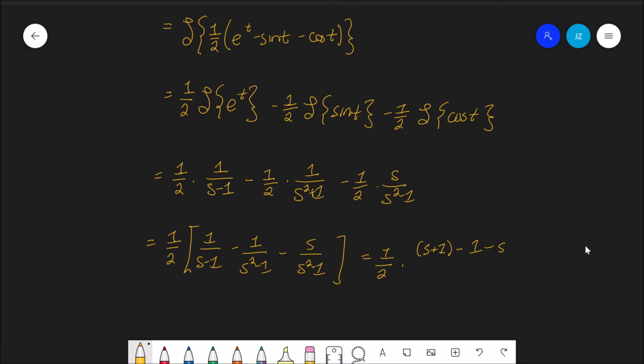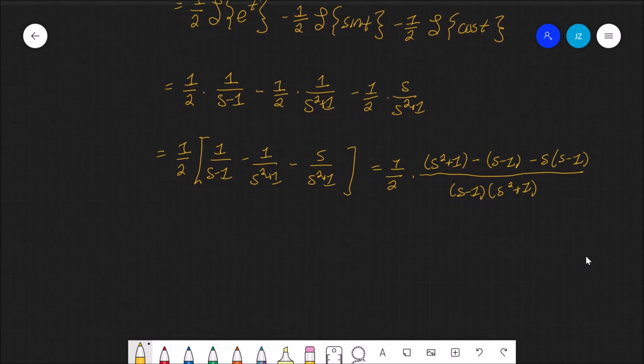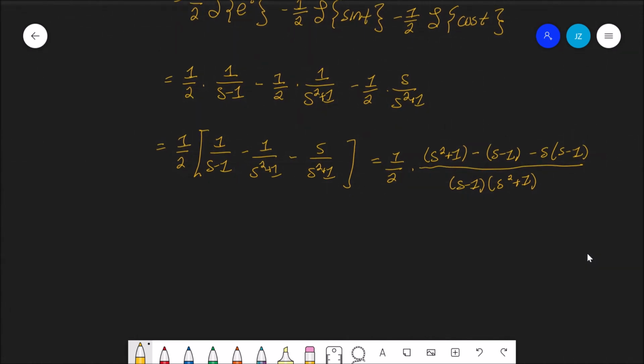I'm sorry, these all should have been pluses. So that's going to change this. s squared plus 1 minus the quantity of s minus 1 minus s times the quantity of s minus 1, all over s minus 1 times s squared plus 1. And simplifying that will yield 1/2